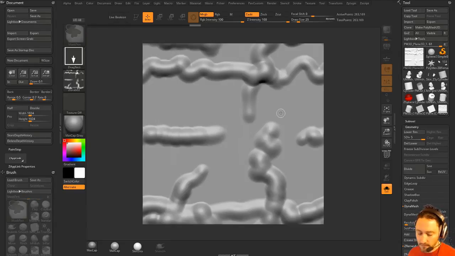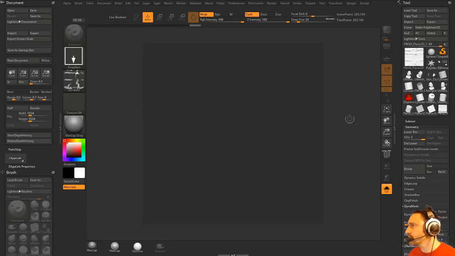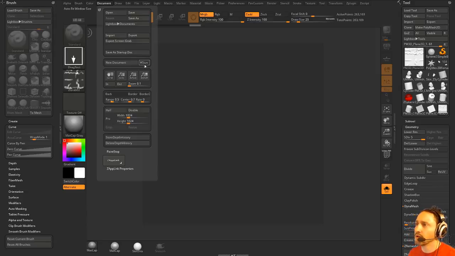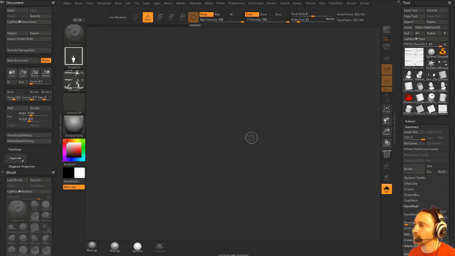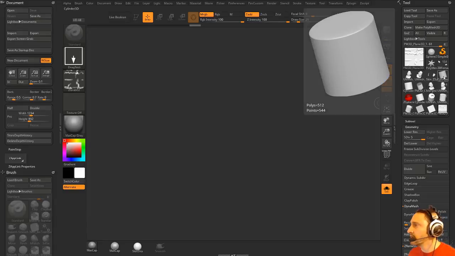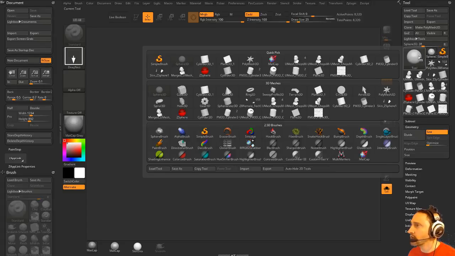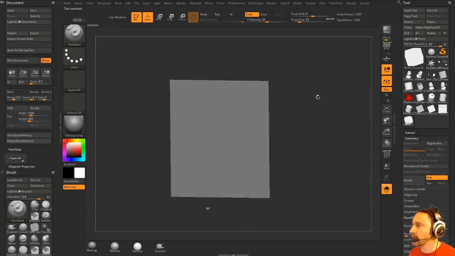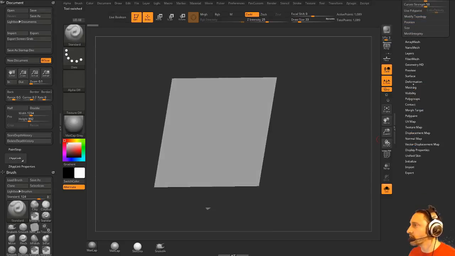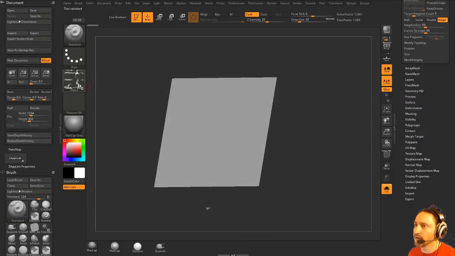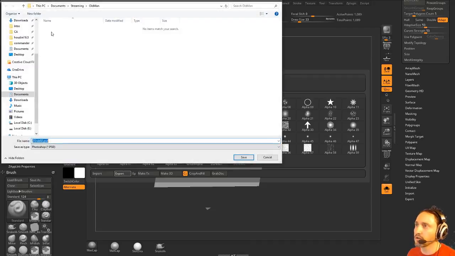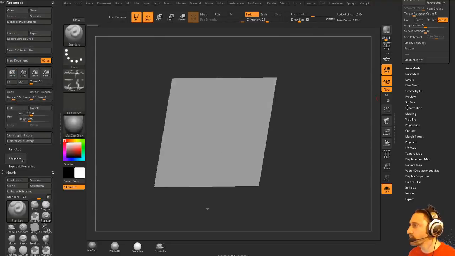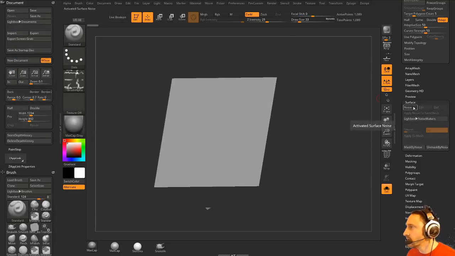So now that you get all that, you can hit Control N to clear your canvas, and then we can go back here to Document, W size, new, and then we can take anything that has UVs. Do spheres have UVs in ZBrush? I don't remember, but I do know that planes do. So we'll take our plane 3D here, go into edit mode, make polymesh 3D, and then we can go down here to, well, first we have to grab our alpha, alpha, export. We'll just throw that onto our desktop as tiling, and then we can go over here to surface, noise, turn